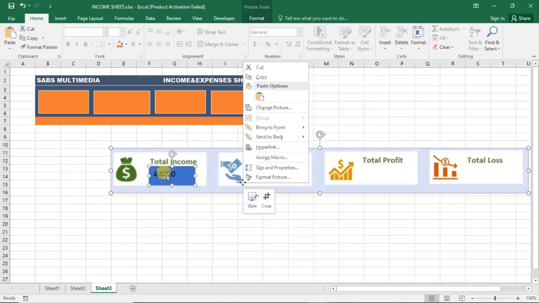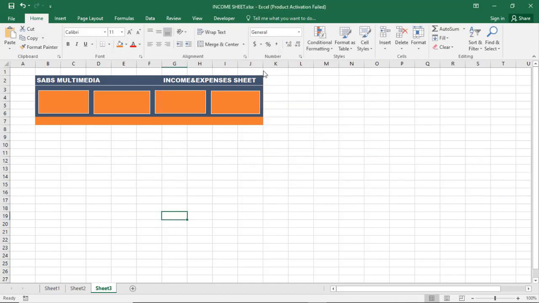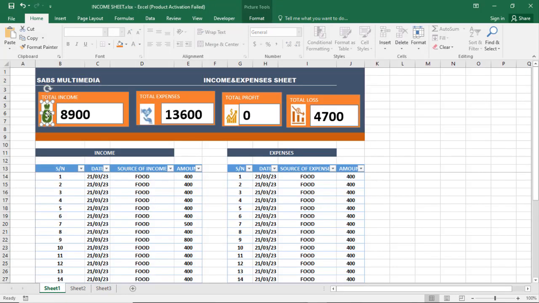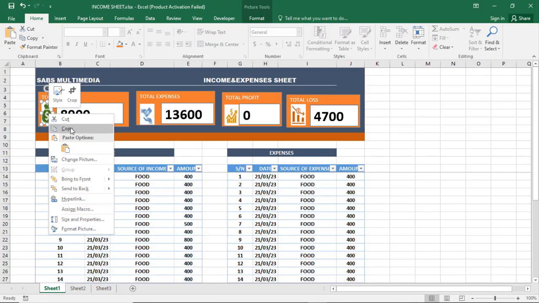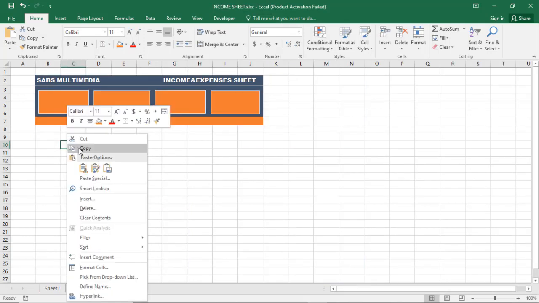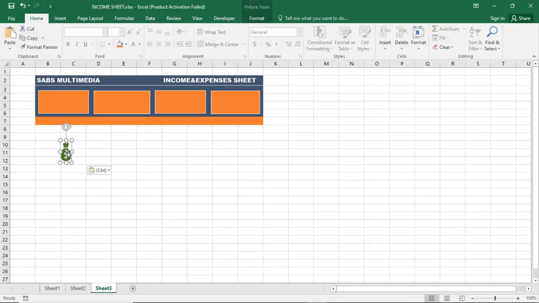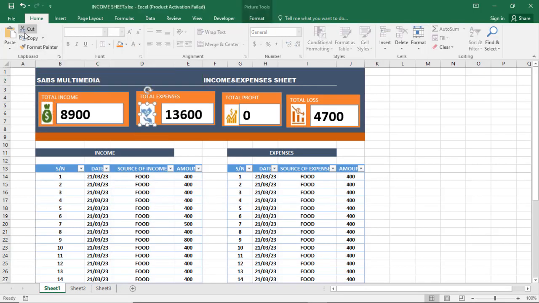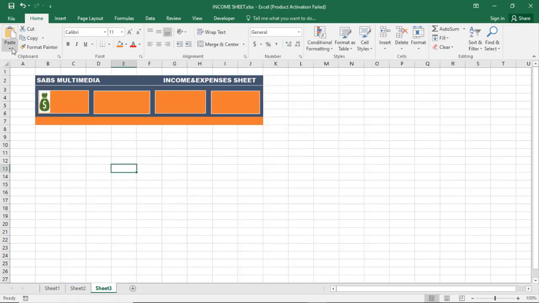So I am just going to delete this, and then I'll come and copy whatever I've done here, because basically they are the same things. So I'll copy this, then paste. But if you are doing it, you will have to go to Google and then download. So let's put a picture here. Let me go to the next one. That is this. I copy, then I paste here,